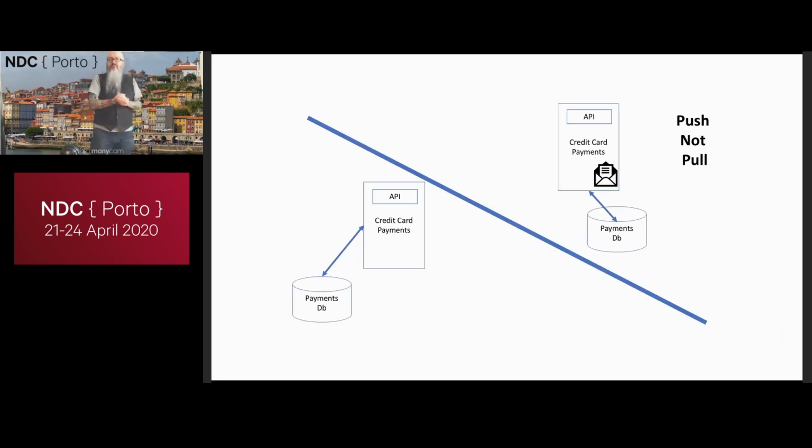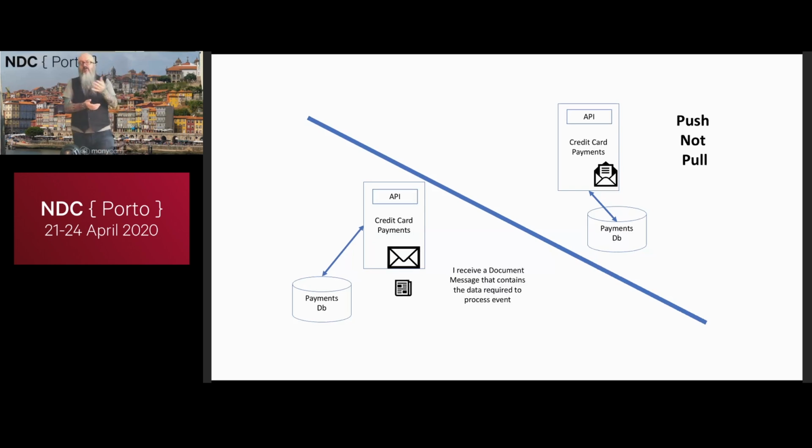So there are 2 main solutions, and we can think of these basically as both being push models. On the left-hand side, we can see a model where the obvious solution would be to make sure that by the time the message reaches credit card payments, we have all of the data we need to make a payment in that message. And so the question is, how do I get hold of the credit card data from the customer's account to pass to credit card payments, basically, when it comes in?